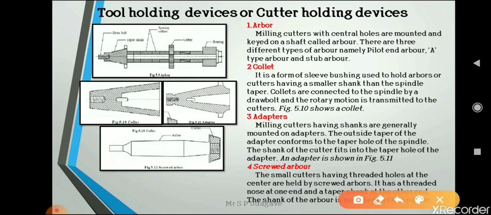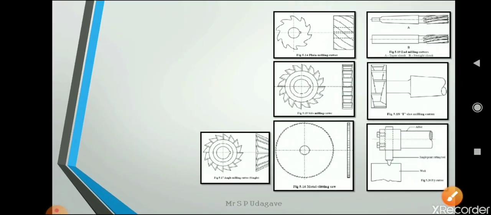This is the cutter, having an internal thread, mounted on the arbor at the end having the threads, and the other end has the taper shank fitted inside the spindle, and we can transfer the motion through the arbor.